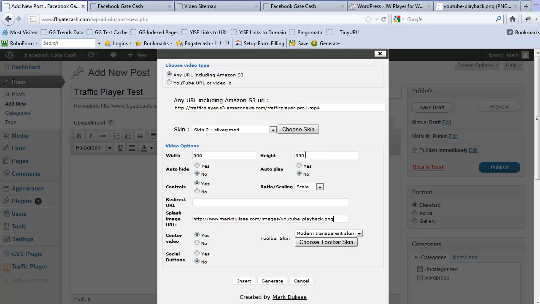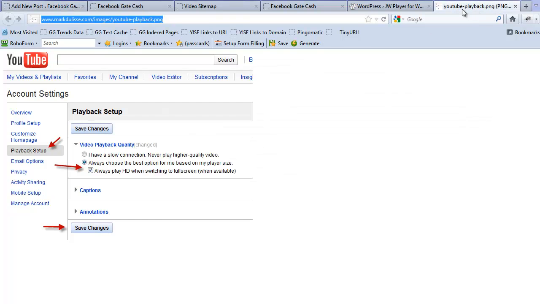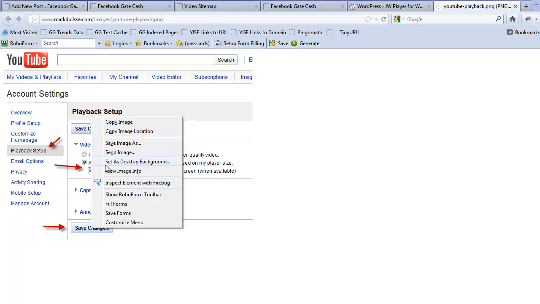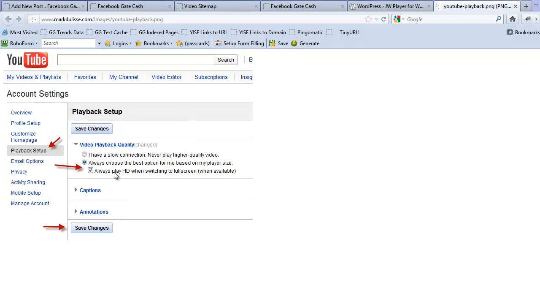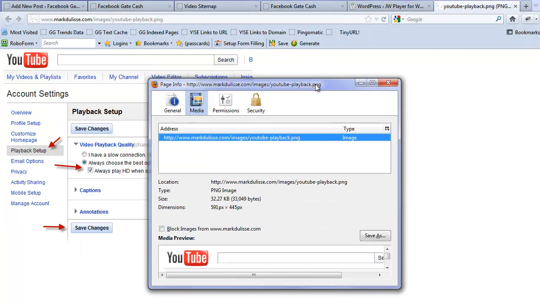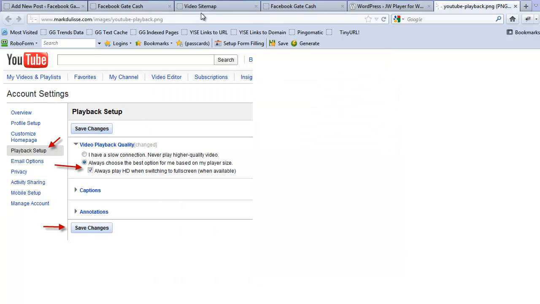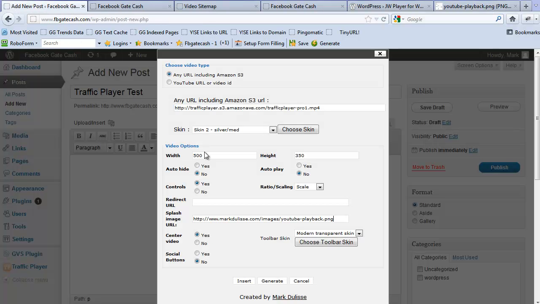Right there, it's probably not going to be the same. The image is probably going to be out of whack with the video because I don't have time right now to figure out the dimensions. Or let me figure this out right now. I right click, and the image is 591 by 445. There you go. Let's just do that. Okay, so click on insert